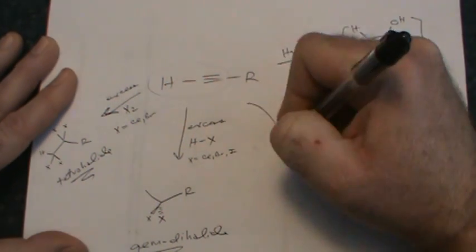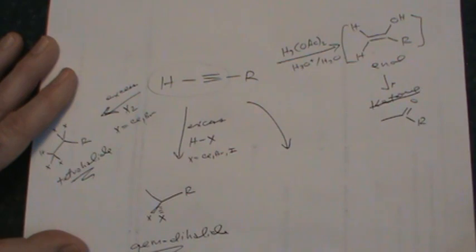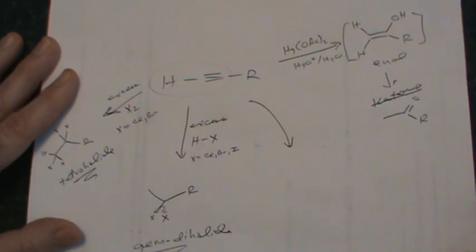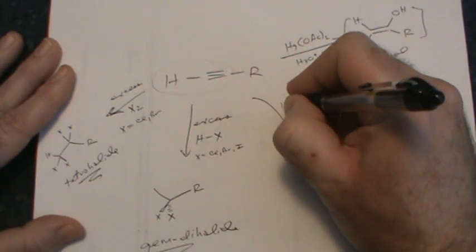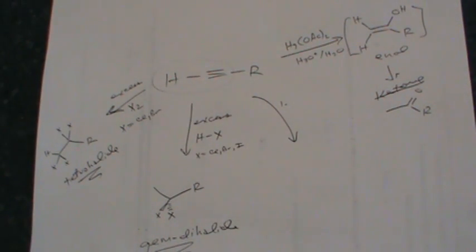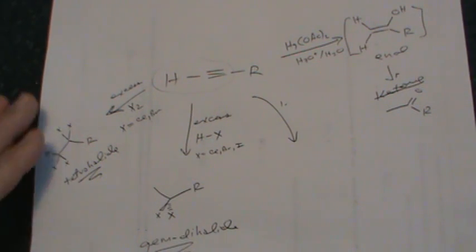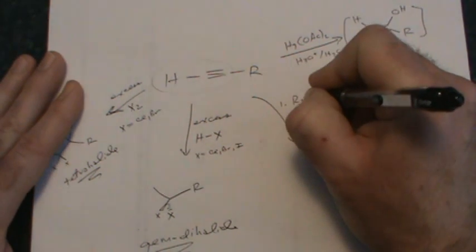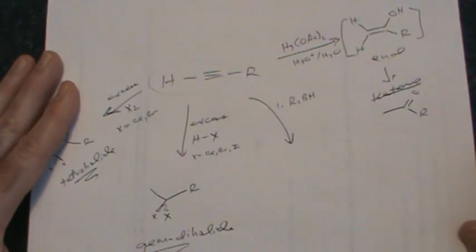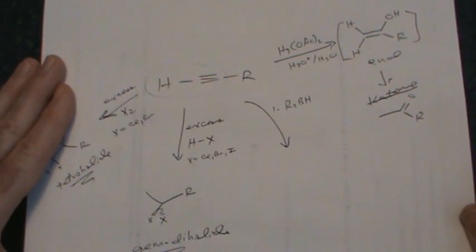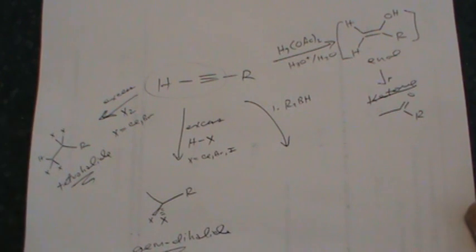If we ran an anti-Markovnikov hydration, and we're going to run that in pretty much the same way we run an anti-Markovnikov hydration of an alkene, except that instead of using borane, BH3, we're going to use a bulky borane, an organoborane. The reason we want to do that is we don't want to hydroborate both of those pi bonds. And if we used borane, after we added borane across the first pi bond, we would have an organoborane